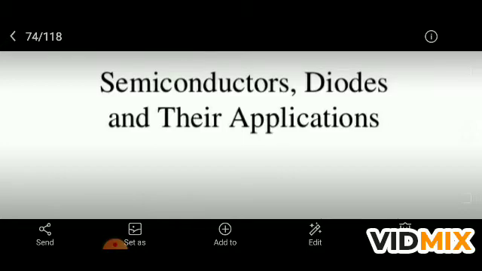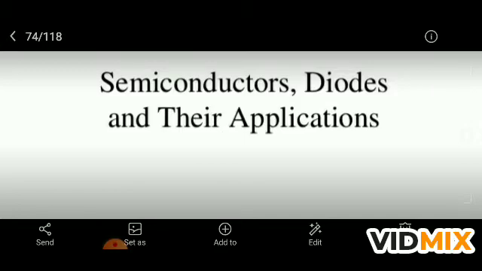In the previous video we had discussed so many terms used in this chapter, like forward biasing, reverse biasing, and what are holes, electrons, and what is an intrinsic semiconductor, what is an extrinsic semiconductor. If you have not watched that video, first go through that video and then come to this video. So let us start the video.